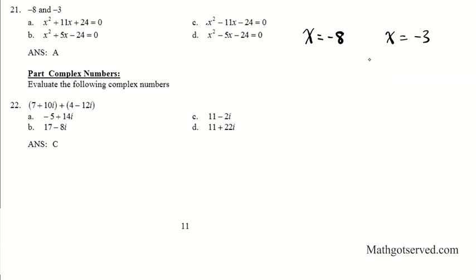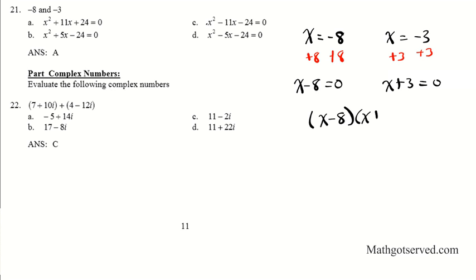So to make these two equal to 0, I just do the opposite. I add 8 to both sides. On this one, just add 3, you do the opposite, so that I have both of them equal to 0. So I have x plus 8 equals 0, and x minus 3 equals 0. So I can state with confidence that x plus 8 times x minus 3 equals 0, the product,